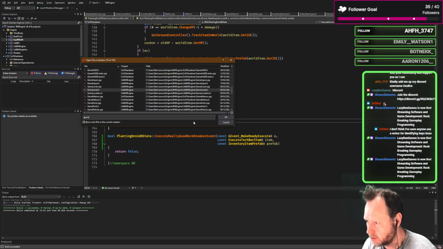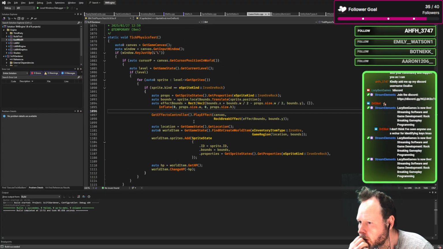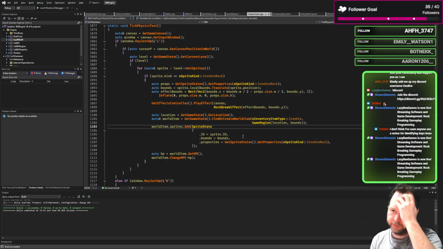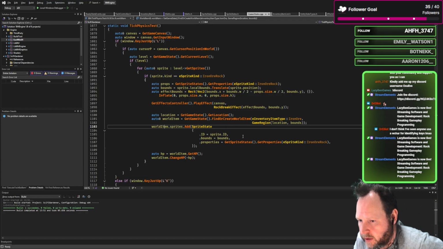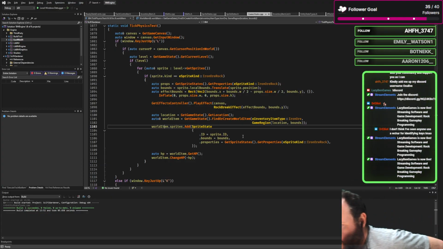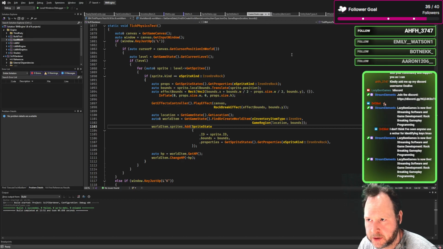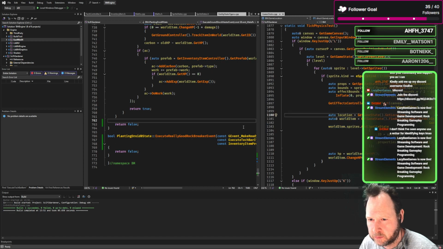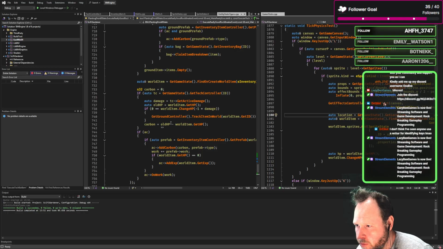So if we go to game state, this does find or create world item and adds sprite states to it. Okay, so it's quite similar to that. This is my test case. Right, so